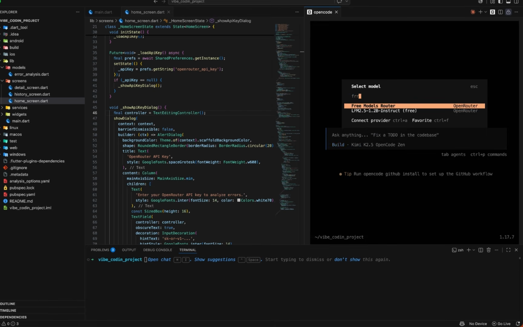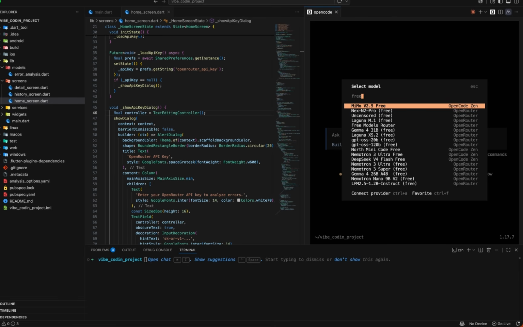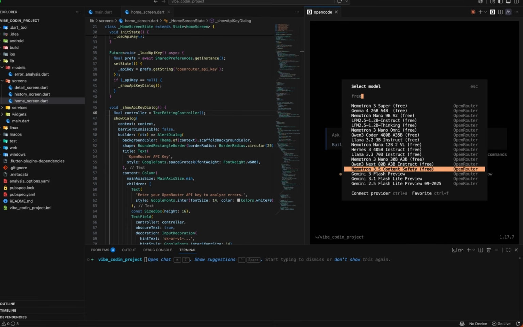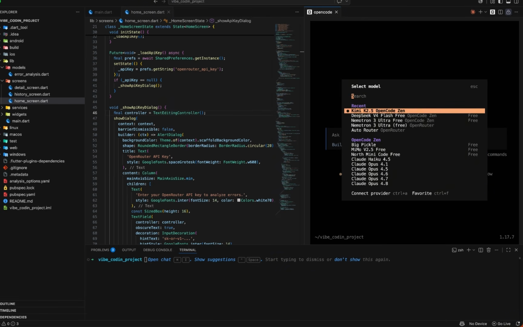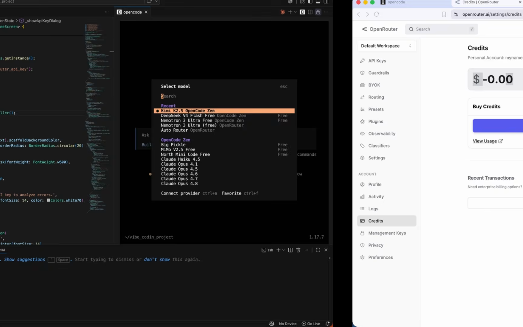Type /models. If you type free here, then you can see how many models will be available for free. Do you think you can reach the limit? These are the free models that are available. Nearly 20 to 30 models are available. We have already implemented OpenCode Zen and OpenRouter, and if you still reach the limit, then I'll show you another